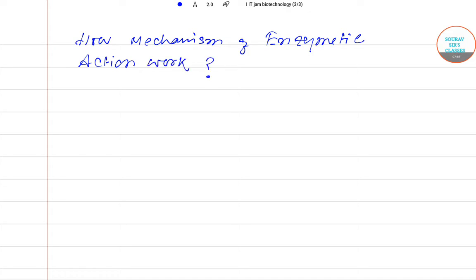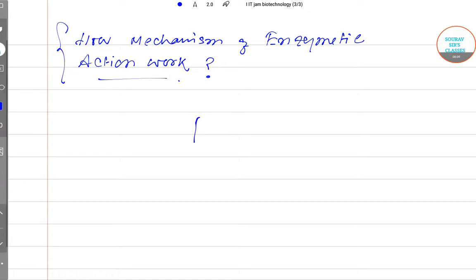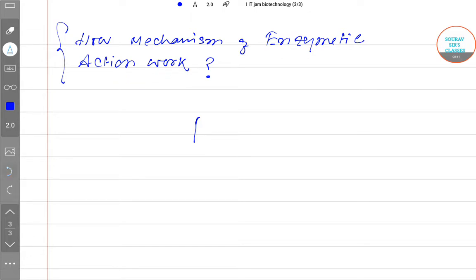This is a very important question in this part of the enzyme, to know how the mechanism is working. So for this,